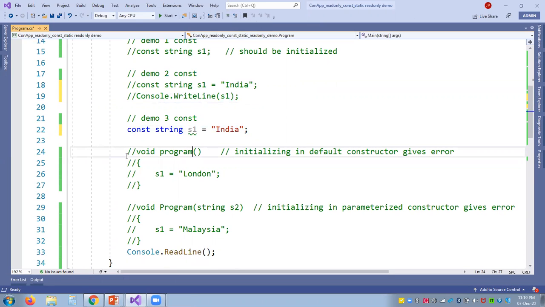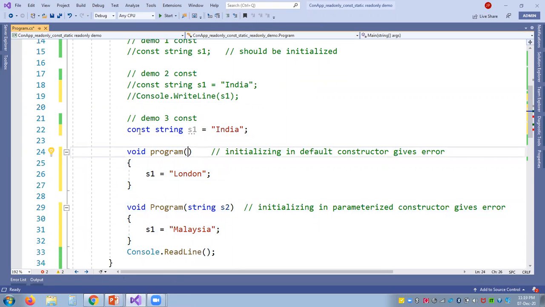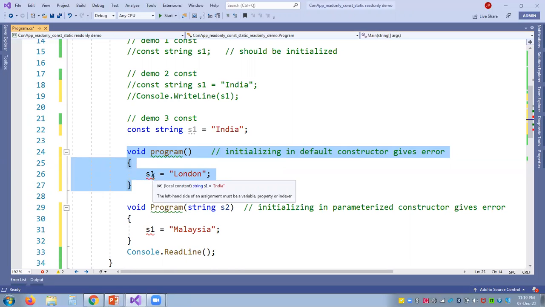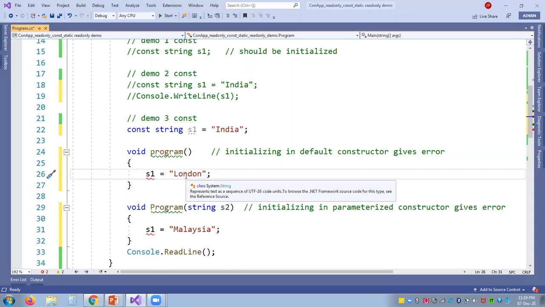So now in the third demo, we are going to declare a constant variable s1 equal to India. Now using this constructor, this is a default constructor. Using this constructor, I want to initialize the value. So here, if I'm going to initialize the value, and suppose I'm changing that value,